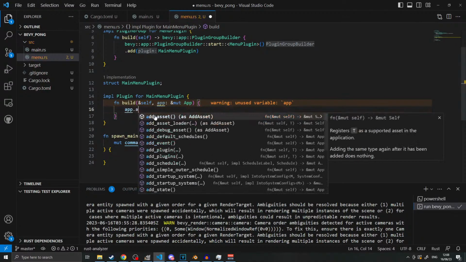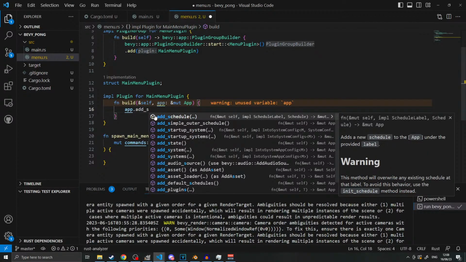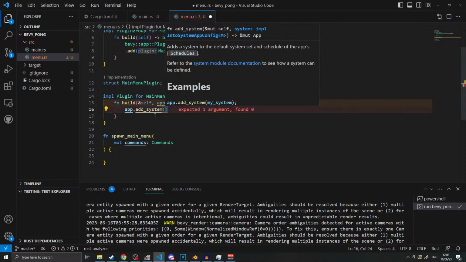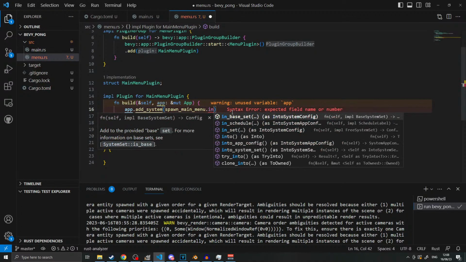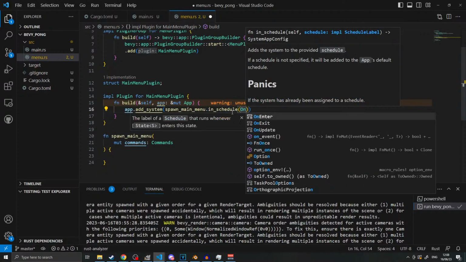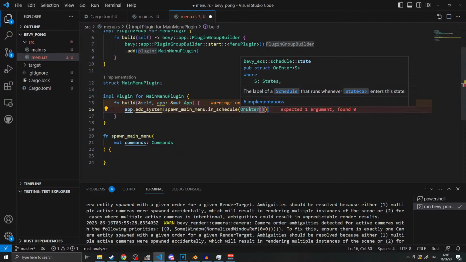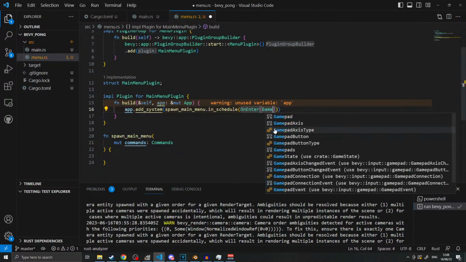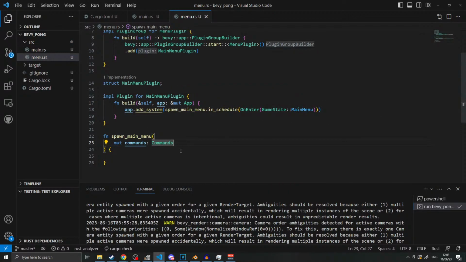And then we're going to have to add a system, add_systems, spawn_main_menu, .in_schedule, OnEnter. And then this, oh. The state is GameState::MainMenu. Alright, and then